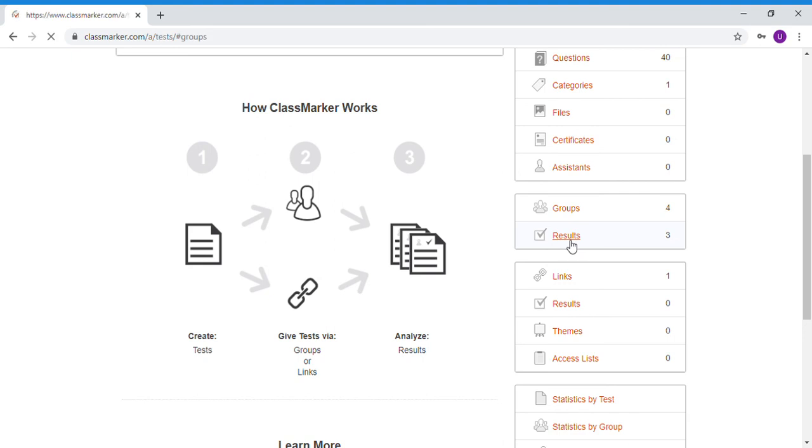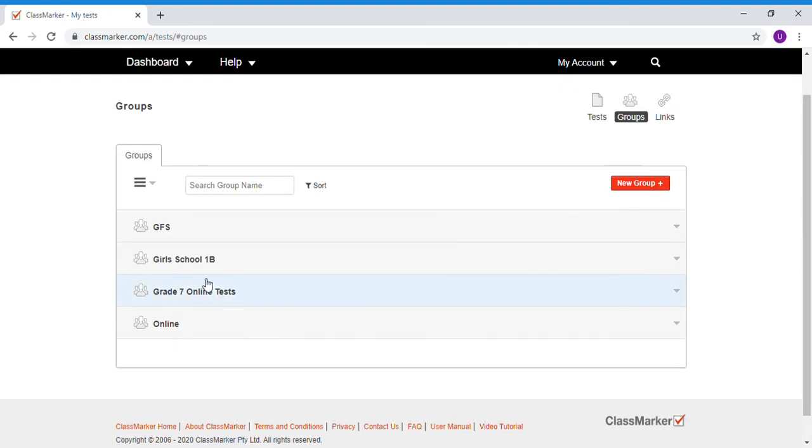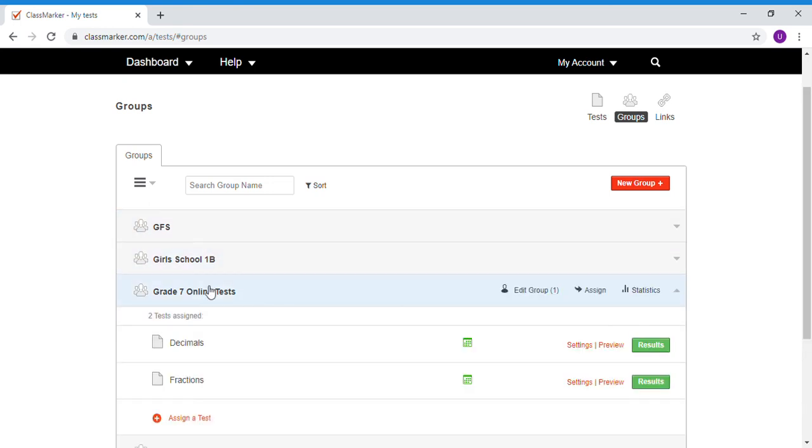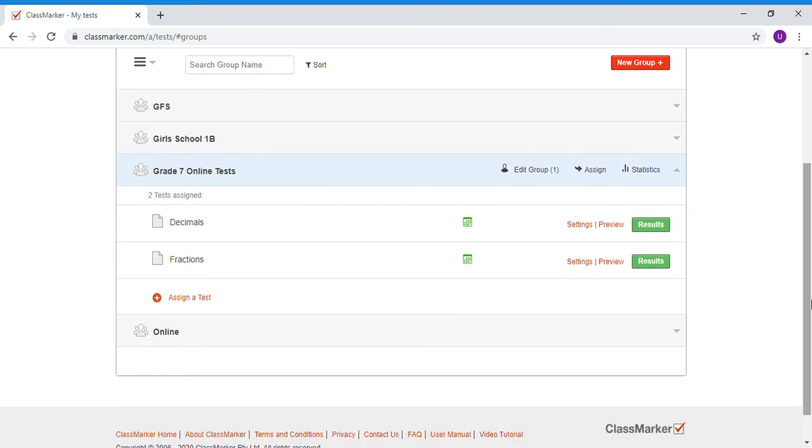So if you press results, you can choose the group you want to see. I don't have any results in these ones because these were just me doing trial and error. But this one is from my tutor, so it's okay. I'll show you these ones. So for an example, there's a test right here, and this is only going to show up when they're all done the test. So after 8 o'clock, which is the time that we've set for the exam, you can see the